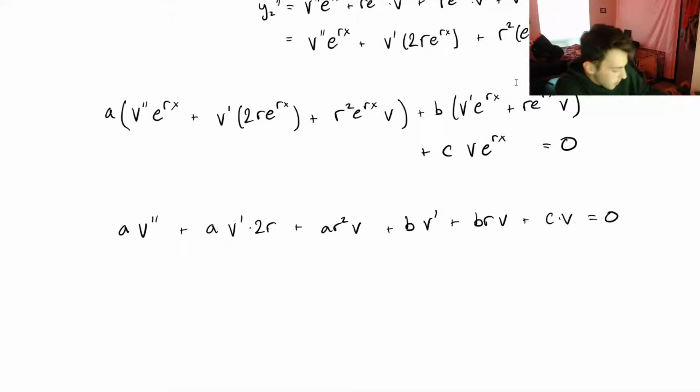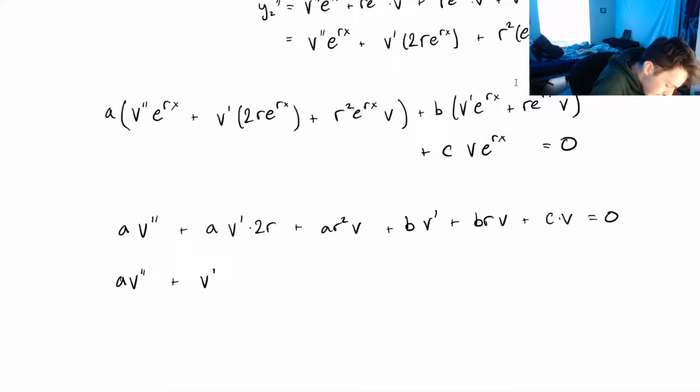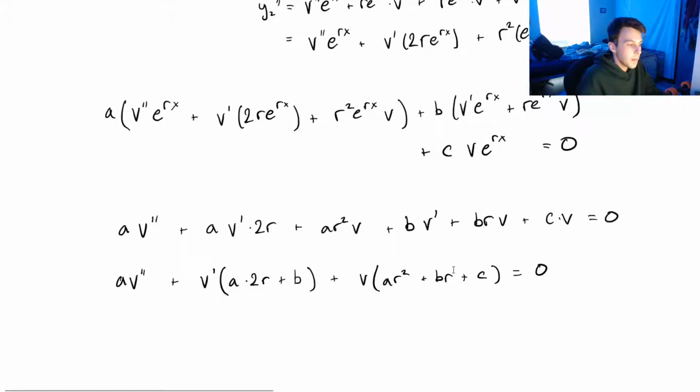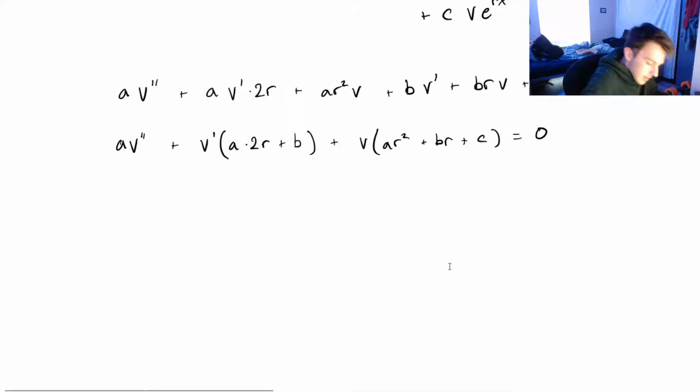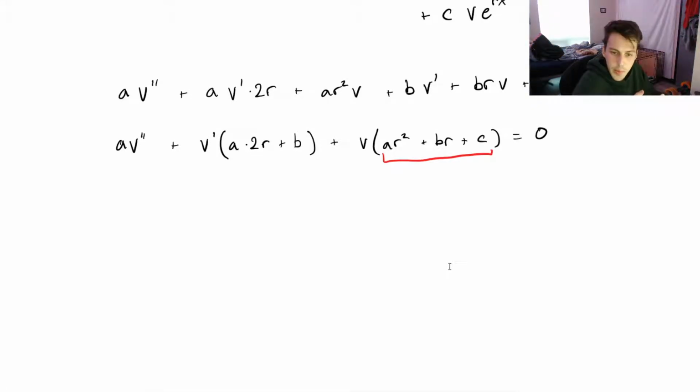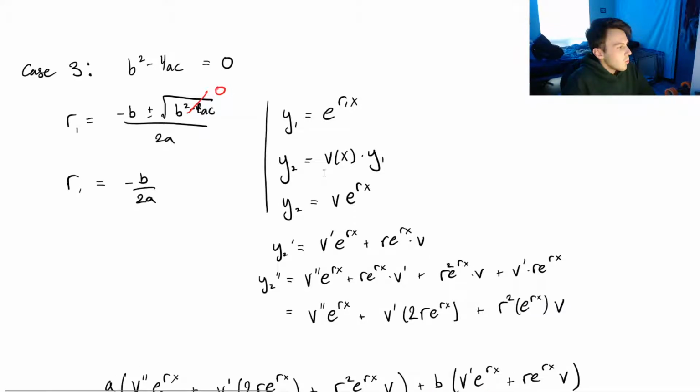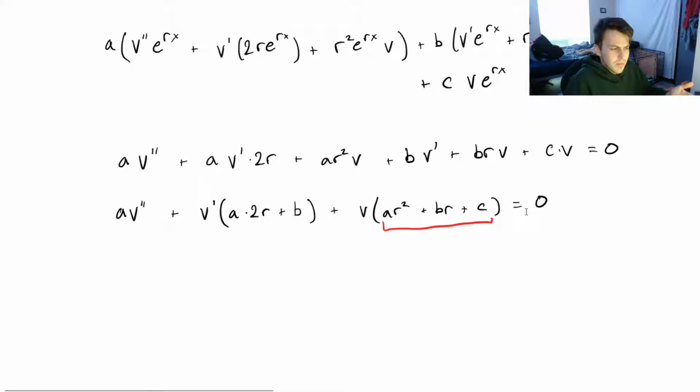Okay, and we can simplify this a little bit more, and we're going to get a v double prime plus, let's factor out our v prime, and this gives us a times 2r plus b, plus v times a r squared plus b r plus c equals 0. Great. So we have this, and you'll notice that this is our auxiliary equation, right? And this R is R1, and if it's R1, then we know that it's going to equal 0, right? Because it's the auxiliary equation. So if this equals 0,